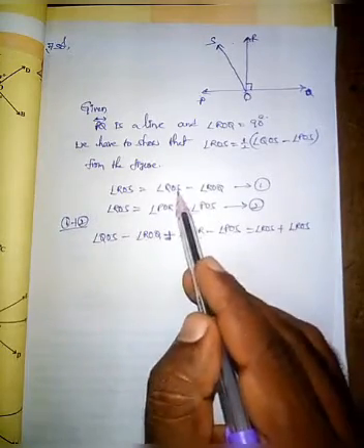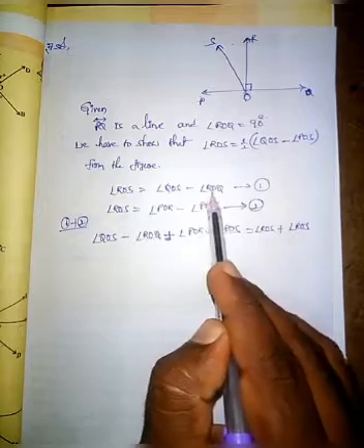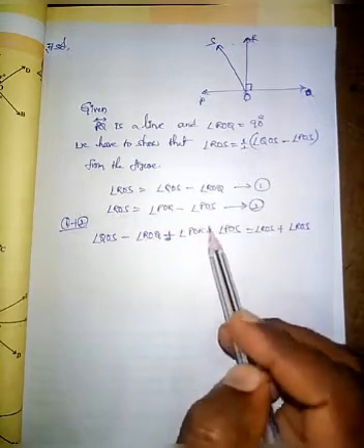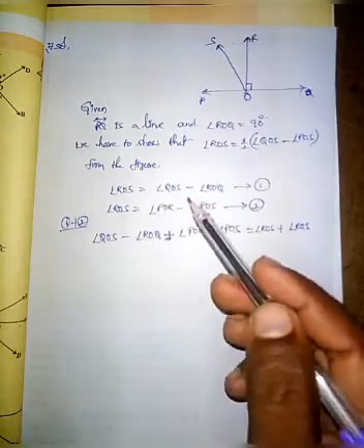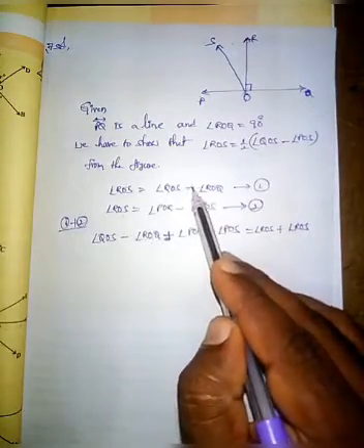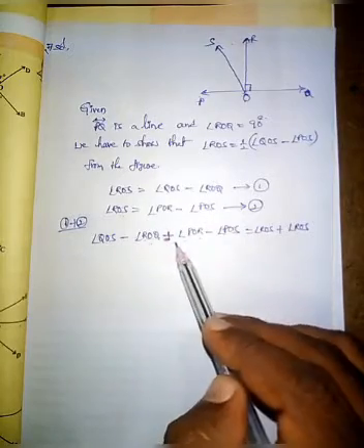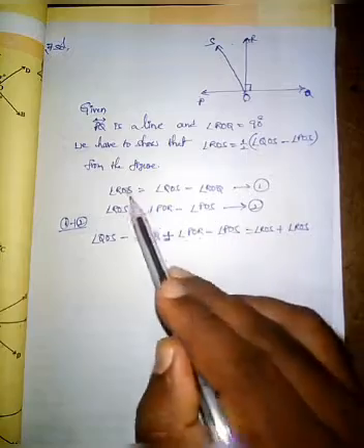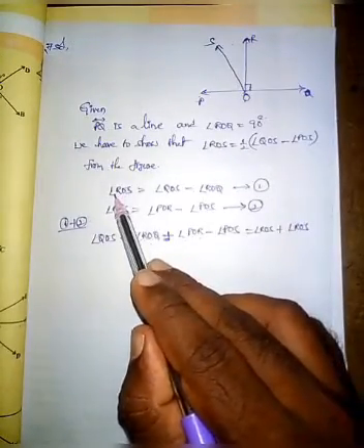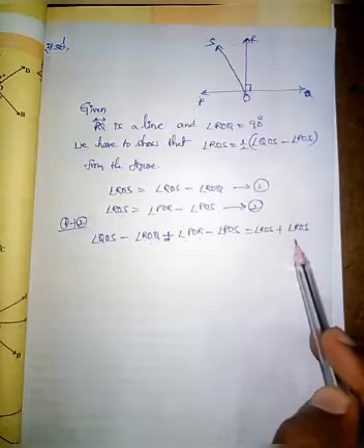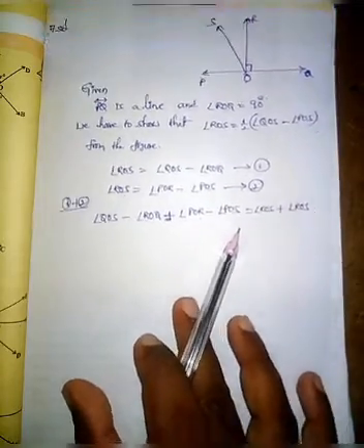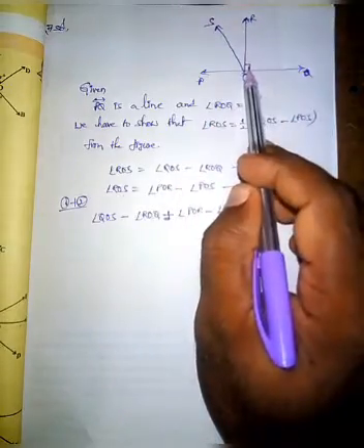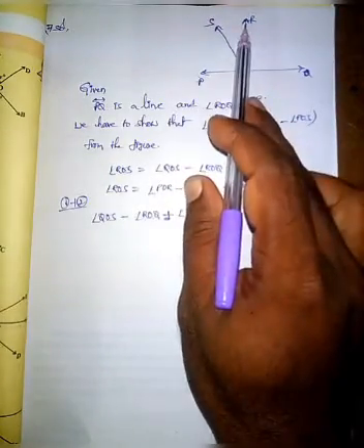So what are equations 1 and 2? Angle QOS minus angle ROQ plus angle POR minus POS. Add LHS and RHS. First I add the RHS, that is angle QOS minus ROQ plus angle POR minus angle POS. So what is the LHS? Angle ROS plus angle ROS. Just observe carefully here. From the figure, angle QOR is 90 degrees. Similarly, angle POR is also 90 degrees.